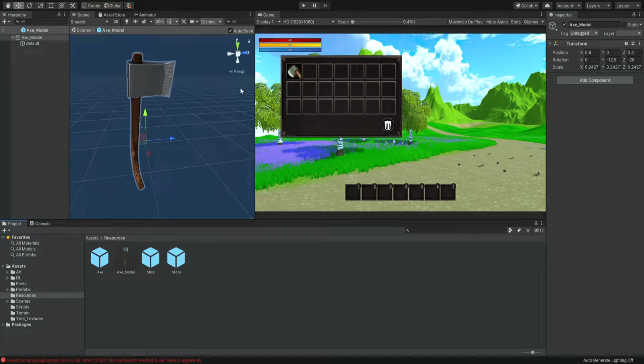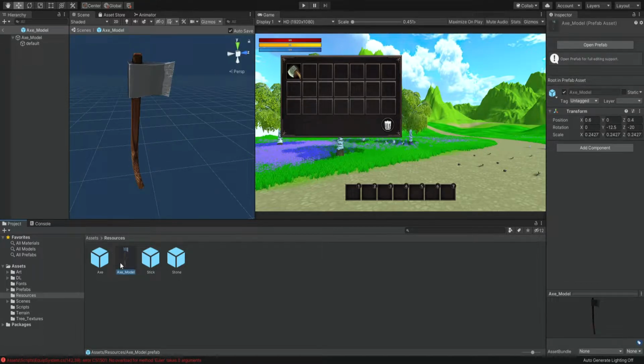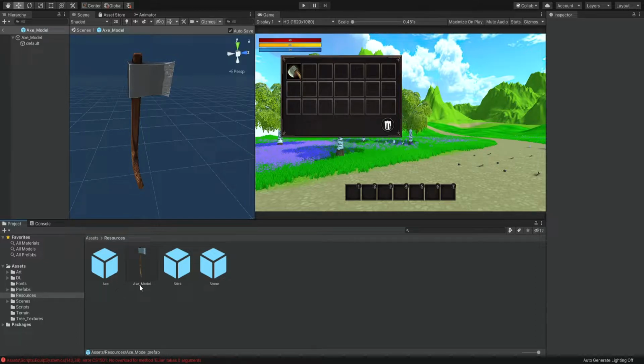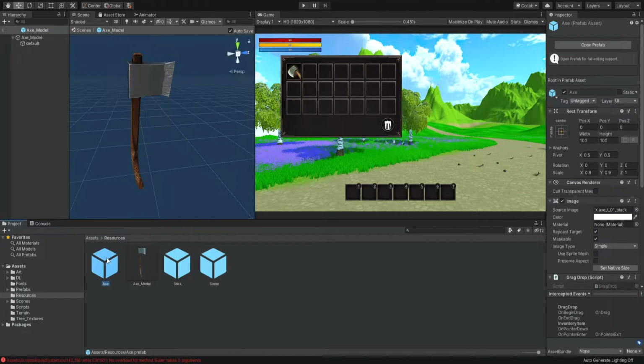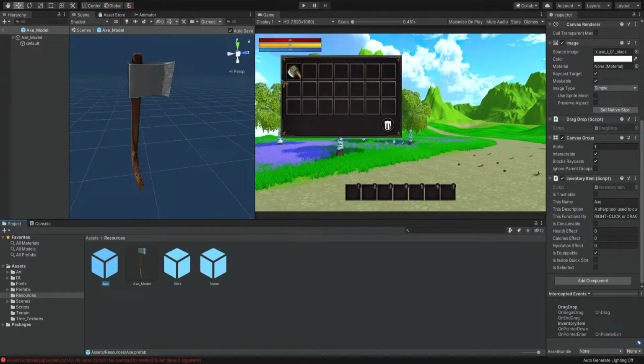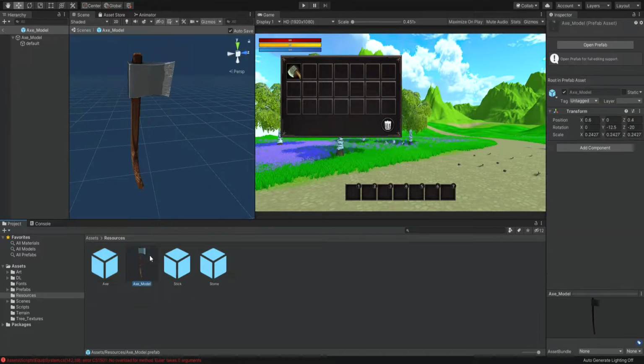So I have this axe over here, and I place this axe model inside the resources. And you can see that I also gave it a name because we already have an axe. And this is the simple axe sprite that we used so far inside the inventory. It has the inventory item script, it has the drag and drop script, but this will be the actual axe model, okay? So I simply gave it the same name, underscore model, okay?